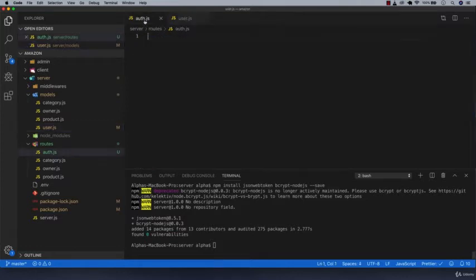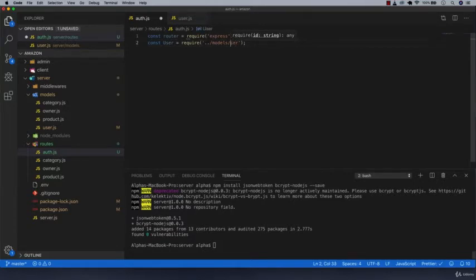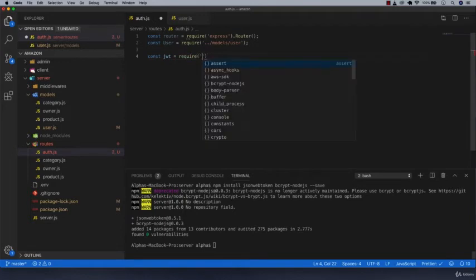Go to auth.js and then you want to type const router as usual, require express router, and then const user. We have to import the models. Oops, not capital U, but lowercase u, and then const JWT equals to require JSON Web Token so we can encrypt the user's object. So let's write a note up here, which will be signup route,